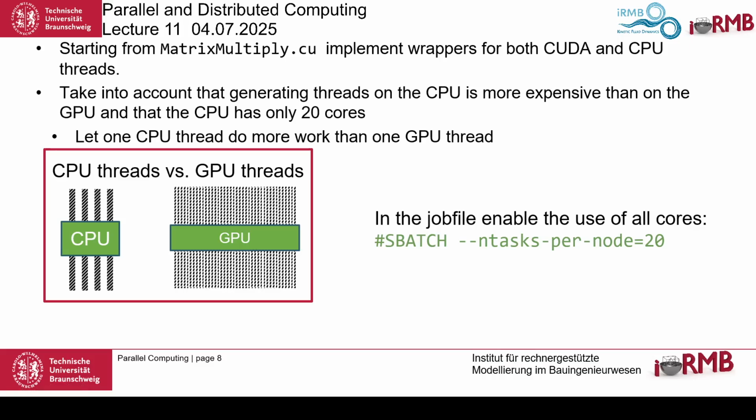Say you have 20 cores in your computer as the nodes on Phoenix have, then you don't want to have more than 20 threads. When you take more than 20 threads, it will be getting more expensive. However, if you have a GPU with 6,000 cores, yeah, then you will still use a million threads because you have fast context switching. Here it's more efficient to actually call all of them by their own threads.